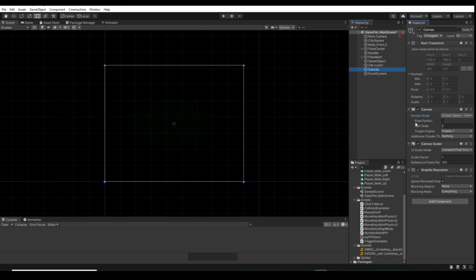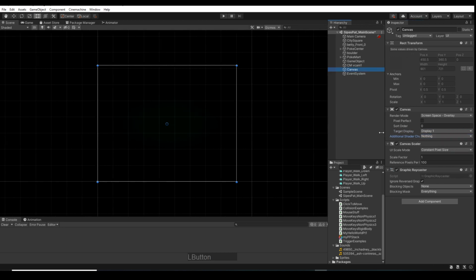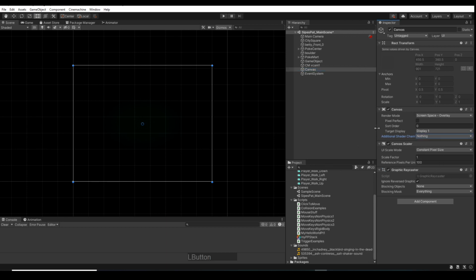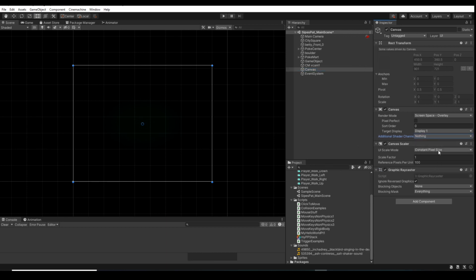So you're going to see where it's got a target display, and that has to do with how it's going to work if you've got multiple displays or multiple cameras. And then additional shader channels, and that's like, hey, if we want to change how it looks, we can add a shader channel to it. UI scale, constant pixel size, so if you need it to scale with the screen size,